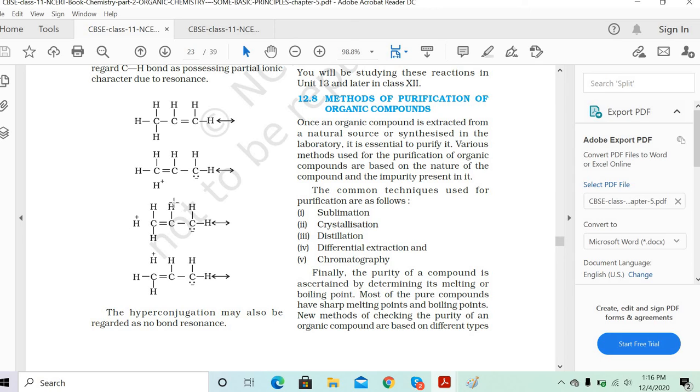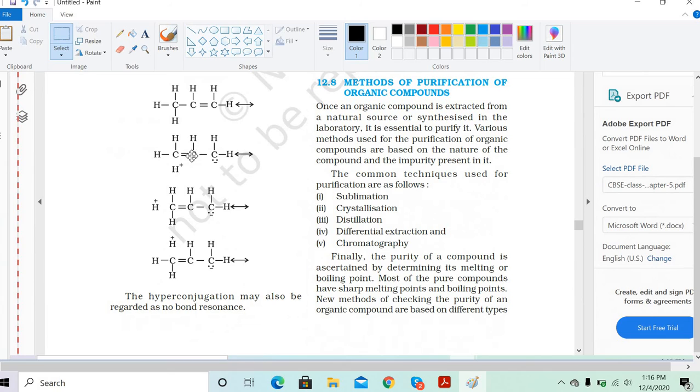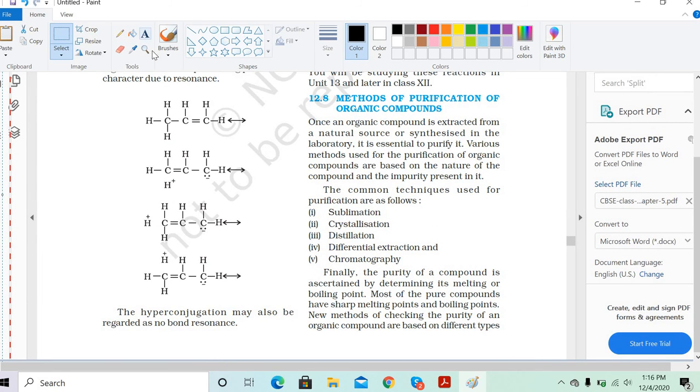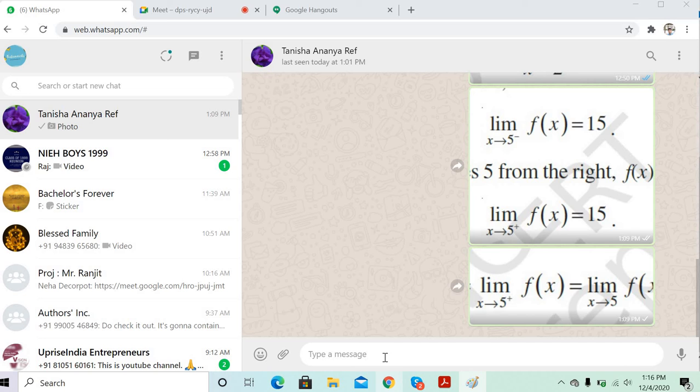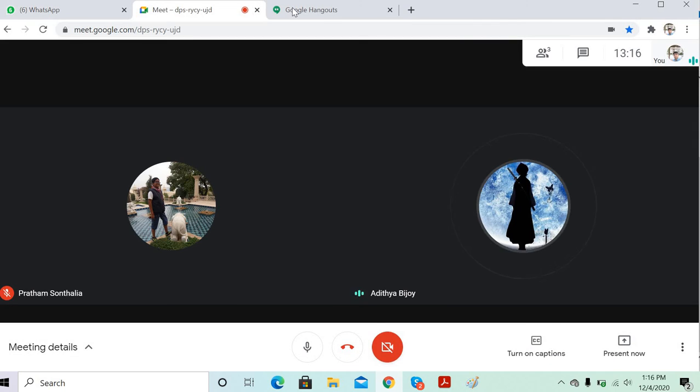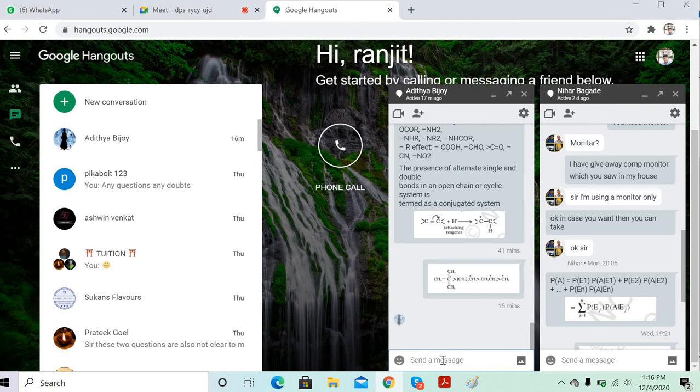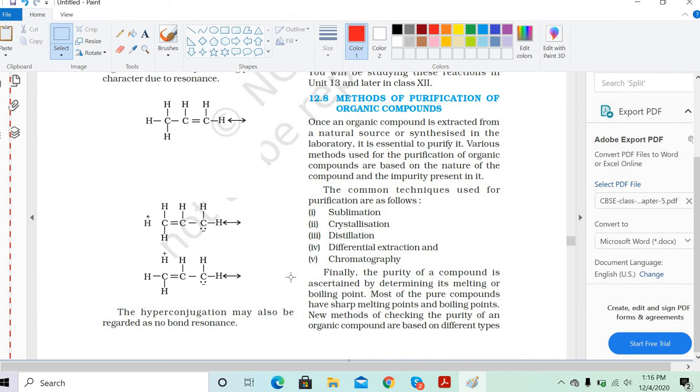Understood? This carbon atom develops a negative charge, isn't it? Excellent. So now this carbon atom develops a negative charge here, and this becomes the H plus ion. This is what you need to notice in this part. This happens with the CH bond which got broken, and there is a double bond formation with another carbon atom. Clear?